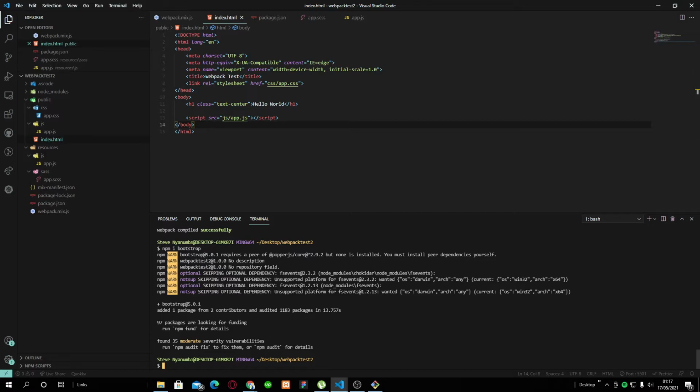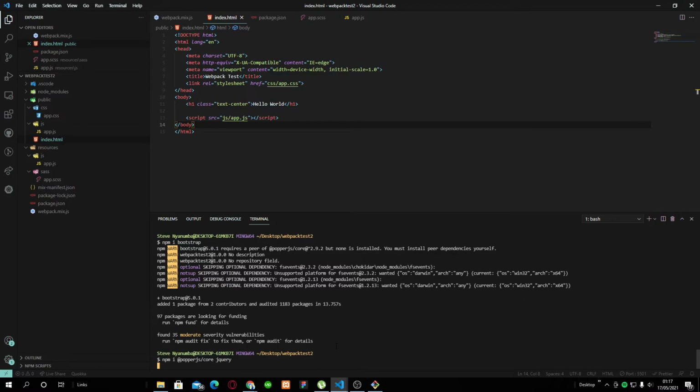So you can see Bootstrap version 5.0.1 and it requires a peer of Popper.js core. So this is what we need to also import, and then it also needs jQuery, I believe. But let's just do what it requires us to do. So I'm just going to do npm install and then I'm going to insert, and then I'm also going to add jQuery just in case everything fails on us. So I'm just going to do that. So it's going to install this